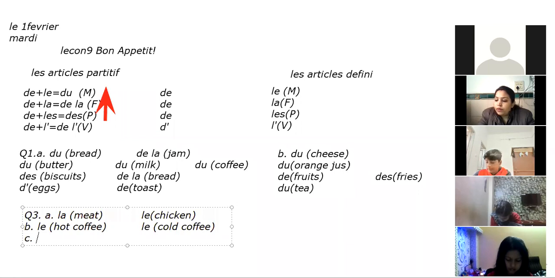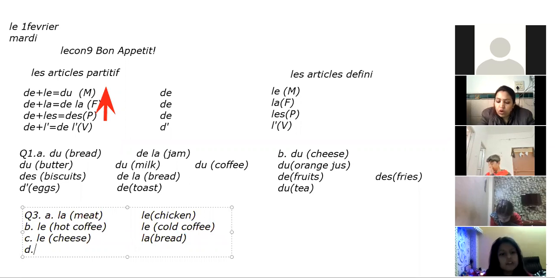C part is M dash fromage, le fromage, because fromage means cheese and it is masculine. And next is name part dash baguette. Here we will not change. If there is a definite article we are placing, we will not change it to DE or anything else. That is only with the partitive article that we change to DE, not with the definite article. So M la baguette. Baguette is a kind of French bread, French toast. D part les jeunes adorent les fruits. Fruits, it is plural, S is there.